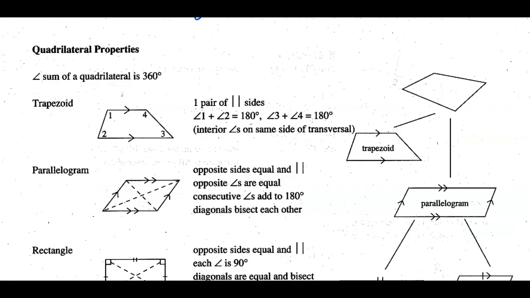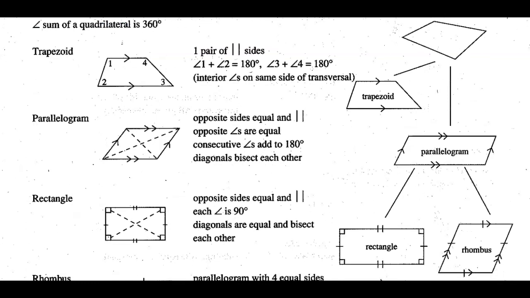Then we are talking about quadrilateral properties, and these quadrilateral properties, I'm not going to read the whole thing. You can pause the video and go through each one of these on your own, but notice that there are many of them. We got trapezoid, parallelogram, rectangle, and rhombus. And within that, there is this flow diagram that comes in any quadrilateral. It branches off to trapezoid, parallelogram, rectangle, rhombus, and each of these have their own specific properties within the